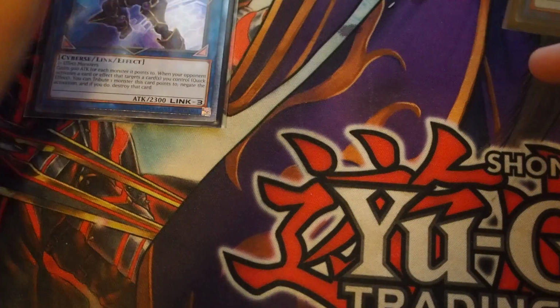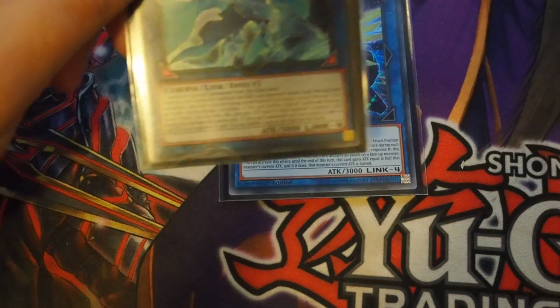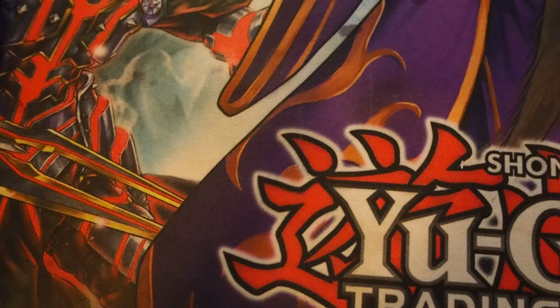This Decode Talker as well, just for that link 3, helps you beat over stuff as well if you really wanted to. Zerberus, simply because of the synergy with all the banishing that we're doing. Also as a link for Avermax as well. Just as good link 4s. Not that you're really going to be making link 4s in this deck, because once again, it is a very slow deck. It is a very controlled deck. And